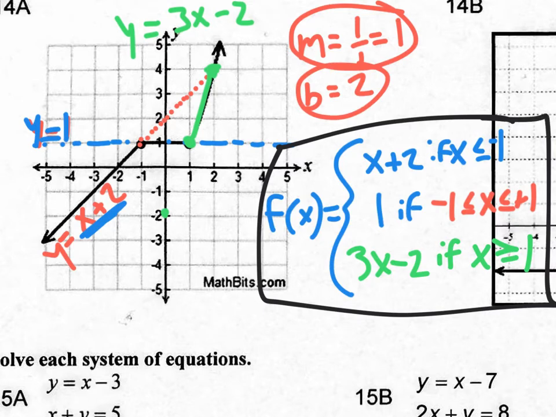So you're going to have to be able to do that. Now, of course, on your multiple choice, these piecewise functions are going to be given to you. So technically, you could look at option A and say, okay, this is y equals x plus 2. How would I graph that? Oh, it crosses at 2. It goes up 1 over 1. So this is it. Oh, yeah, this is this piece of the line. Let me check out the restriction. So you could go through the answers and check it out. But it's always a great idea to be able to know how to come up with this from scratch and then be able to look for your answer on your multiple choice. Moving on to the next one,